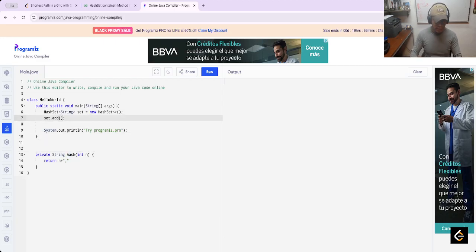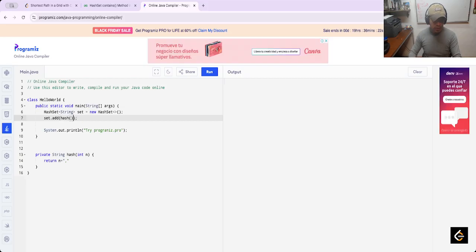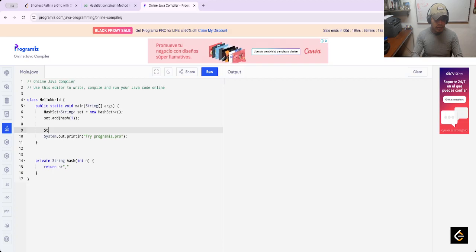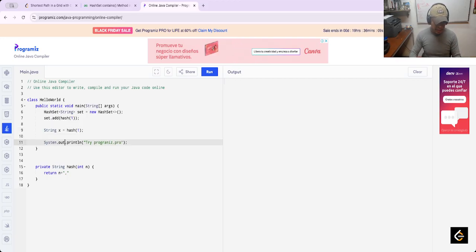And here is hash with the number 1, and now next it's equal hash. I want to create another hash with the same value, and here I will print if set contains x. In this case it should return true, but